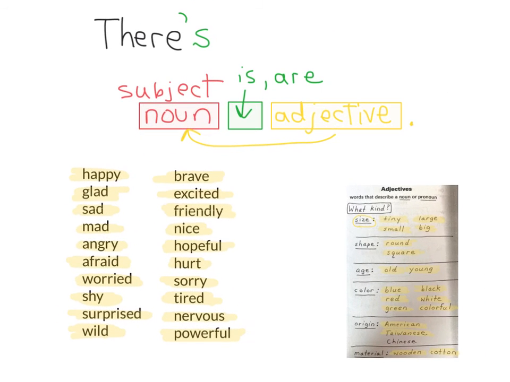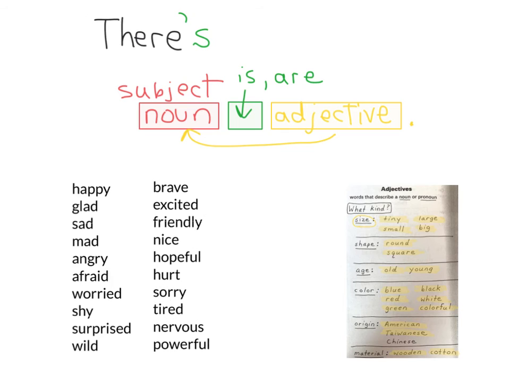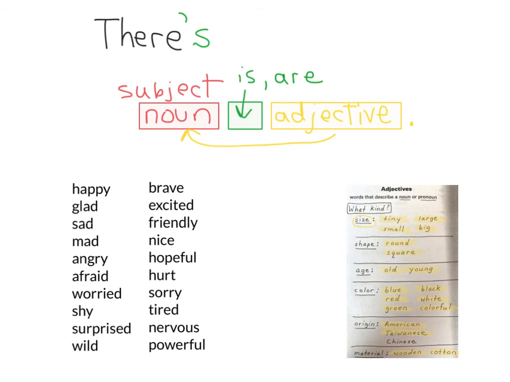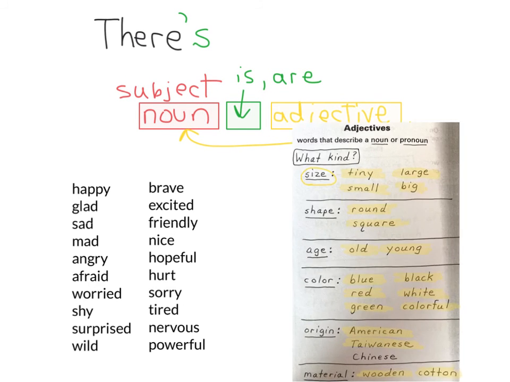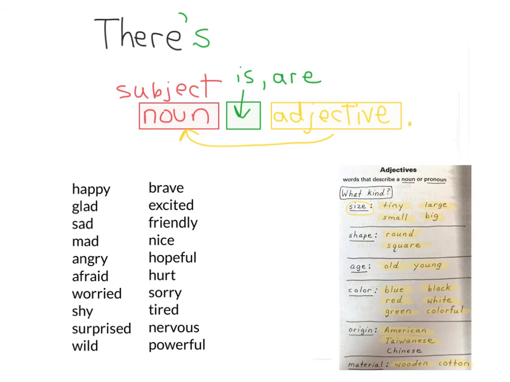So these are some words here that we can use. These are adjectives, and they describe how a person is feeling. They can go in this yellow box right here. Also, these are also adjectives. All of these answer the question, what kind? So in this type of sentence,